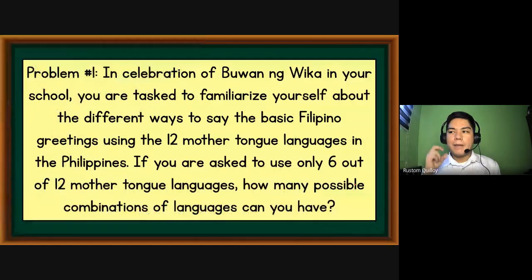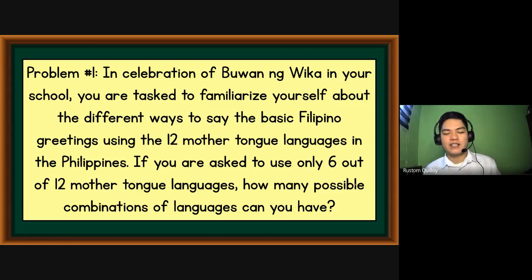Sa papel, mamaya po i-key in yung sagot sa chat box kapag sinabi ko na para hindi kayo nagkokopyahan ng sagot. So I will only give you 3 minutes per problem. And problem number 1, kapag sinabi ko na i-type na yung sagot sa chat box, saka lang po itatype para hindi tayo nagkakakopyahan ng sagot. So problem number 1, in celebration of Buwan ng Wika in your school, you are tasked to familiarize yourself